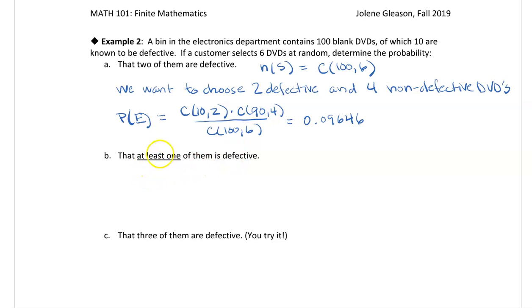The easiest way, whenever you see at least 1, think about complementary counting. So what's the complement of at least 1? The complement of at least 1 is none. So I'm going to count the complement, and the complement is no defective DVDs. If we're going to choose no defective DVDs, there's 90 non-defective DVDs, and we're going to choose 6 of them. And there are 100 choose 6 ways, total ways of choosing the DVDs, so the probability is